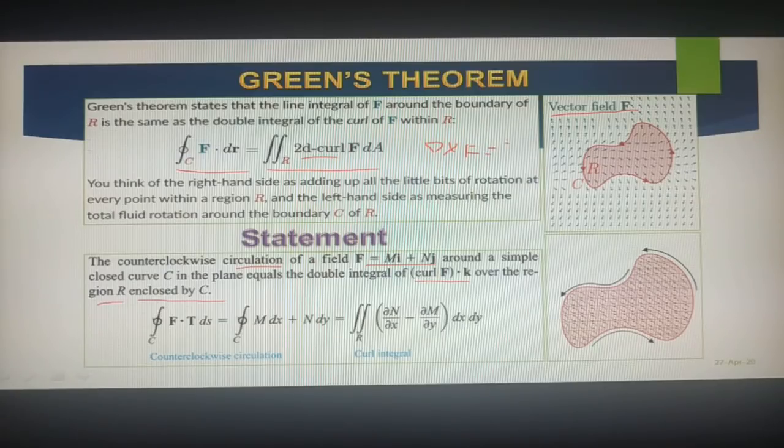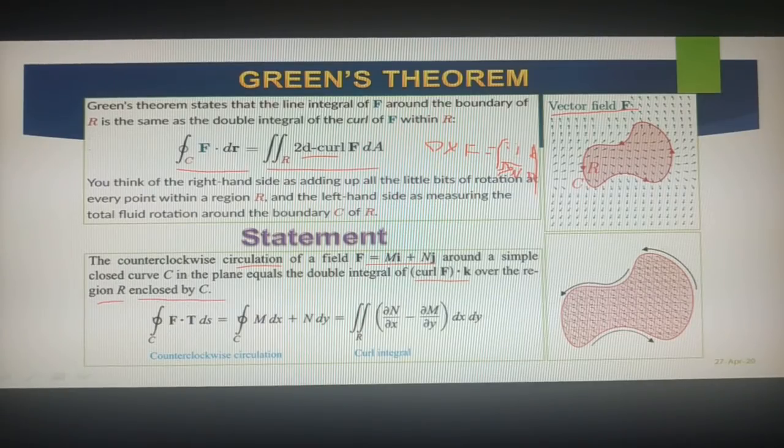As you know, the formula is a determinant with i, j, k. In the second row we write dou by dou x, dou by dou y, dou by dou z. In the third row I have m and n, and p is not there, so it will be 0, because we consider two dimensions, right? So this is your del cross f bar in this case: i, j, k, dou by dou x, dou by dou y, dou by dou z, m, n, and 0.